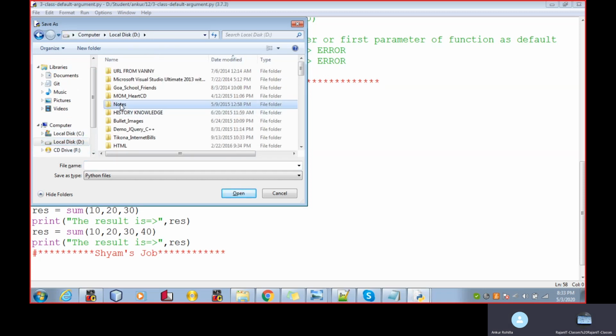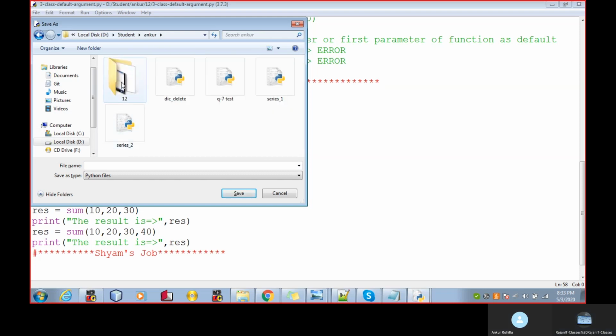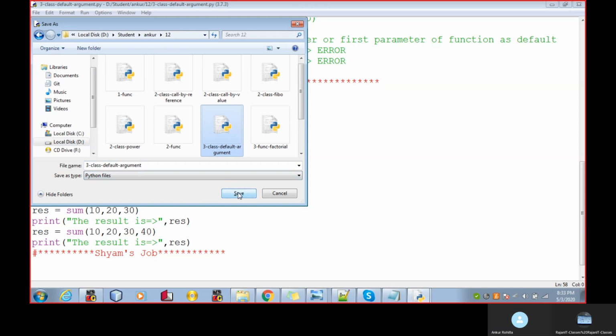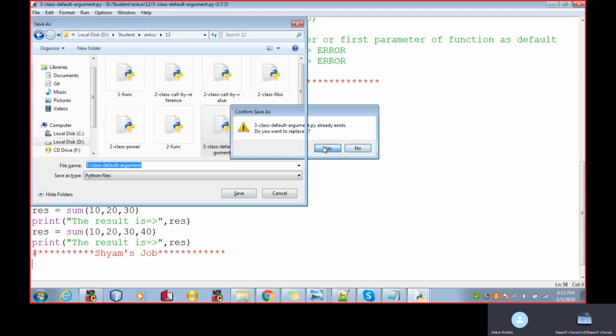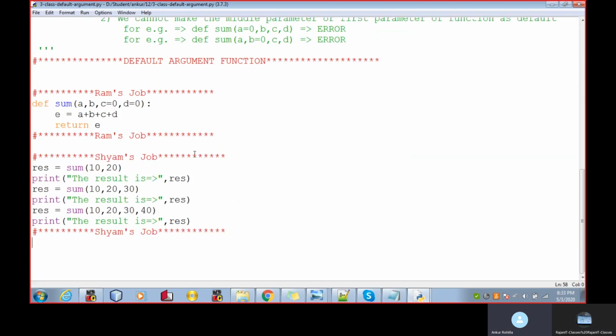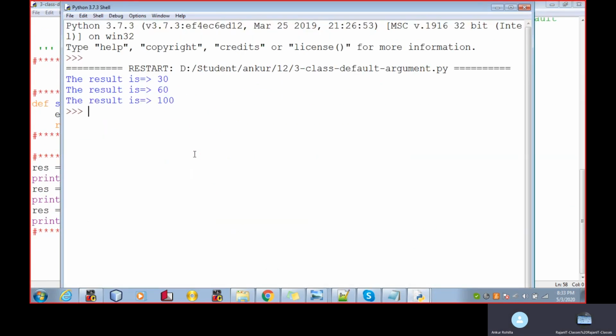It is asking for saving again. Student. Yes. Now, which is 30, 60, and 100.